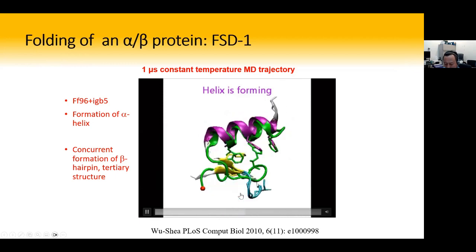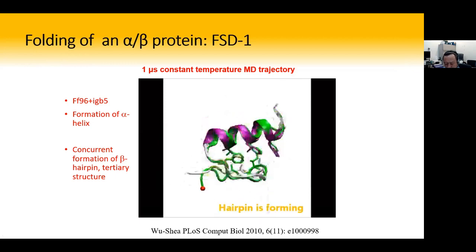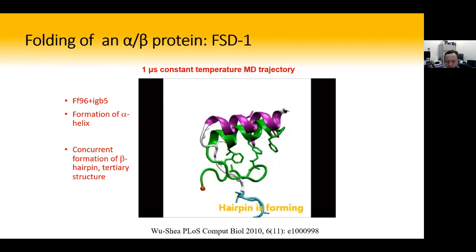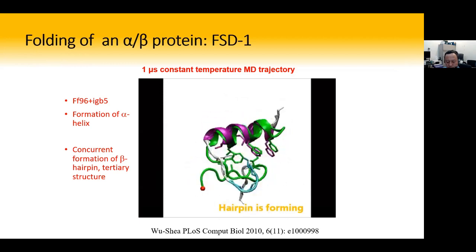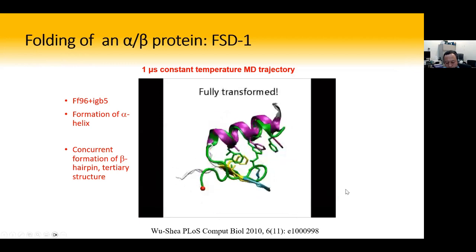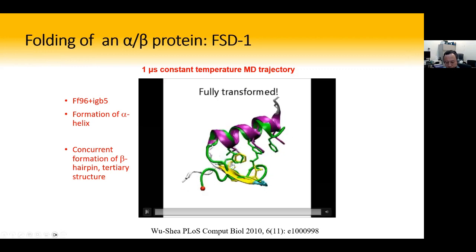So it takes a little bit longer for it to search for the native structure. Okay, now it has folded into the correct structure, and you see the hydrophobic residue packing inside stabilize the